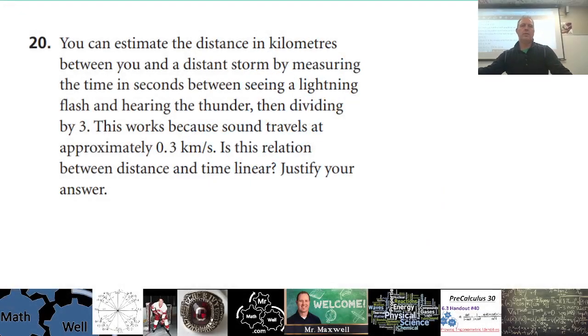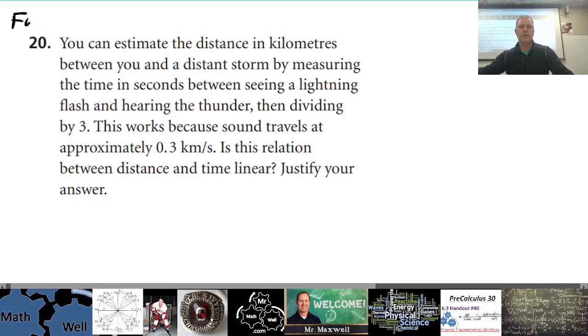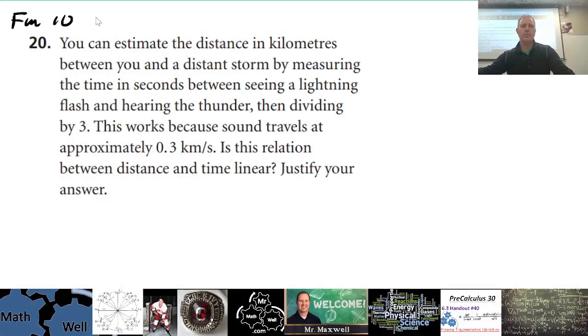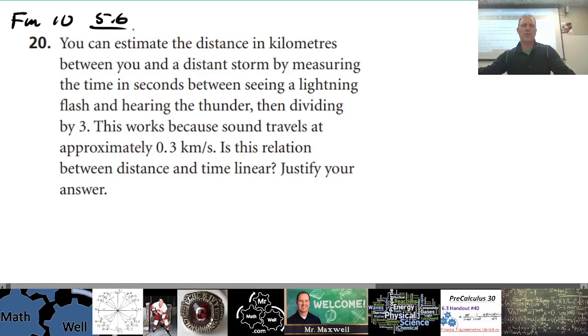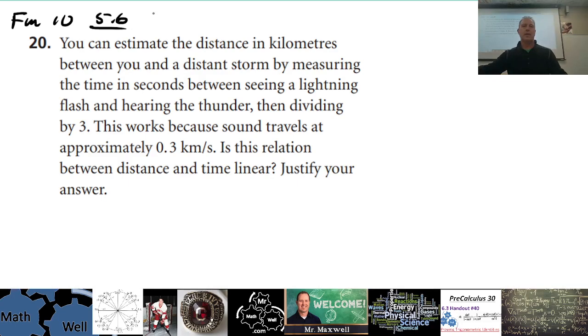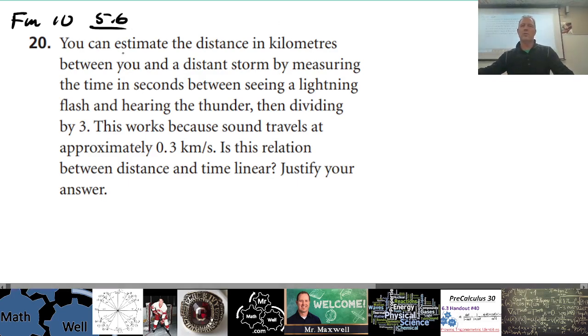All right, so 5.6, this is 5.6, right? Foundations, Math 10, 5.6, number 20, right? So it says you can estimate, it's frozen. There we go. So you can estimate the distance in kilometers between you and a distant storm by measuring the